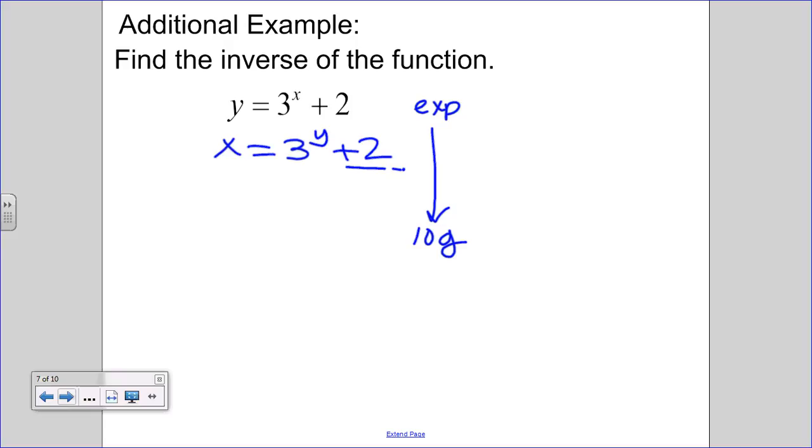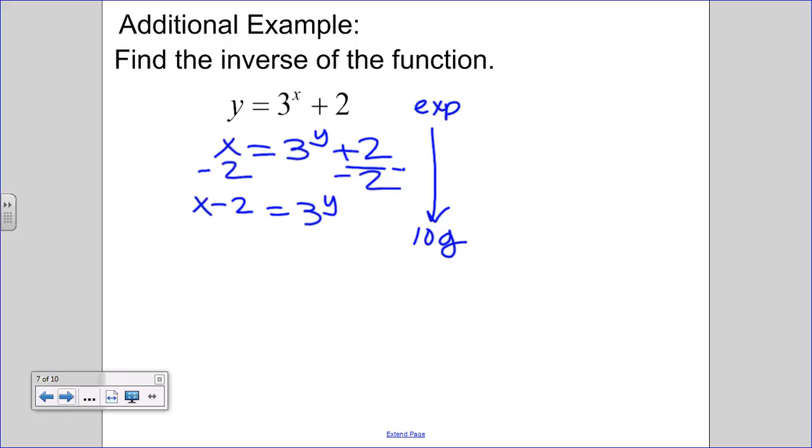So I need to get that on the other side first. So I have 3 to the y. Anytime I have the y part, that has to be either inside the log and there's nothing else there, or in this case it's with the exponential and there's a plus 2 on the outside of your exponential. So you have to get rid of that first. Okay, so I'm going to subtract 2 from both sides. So I have x minus 2 equals 3 to the y. So now 3 to the y is by itself,